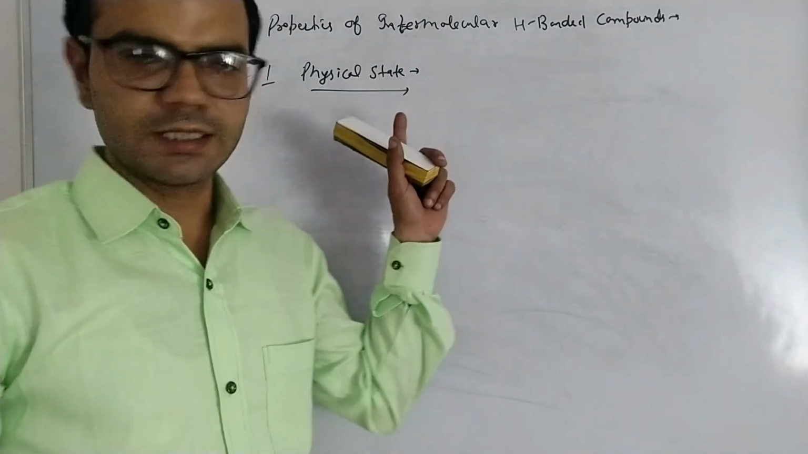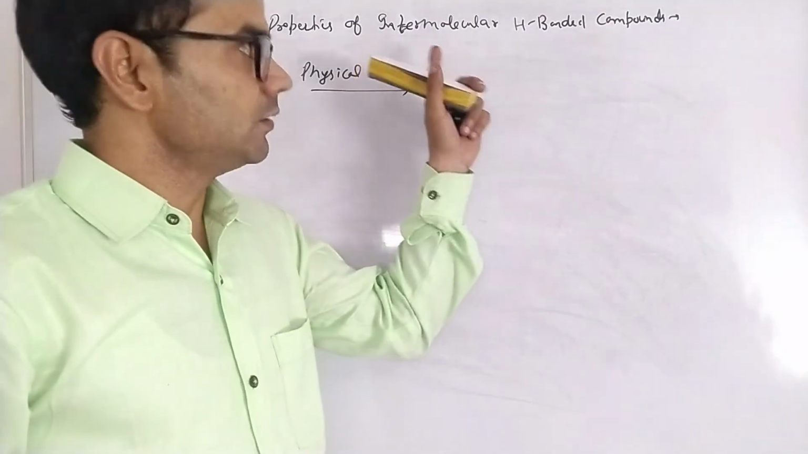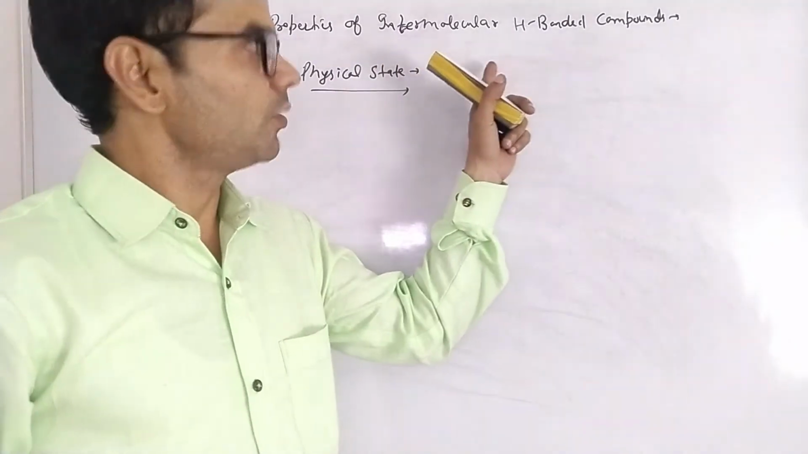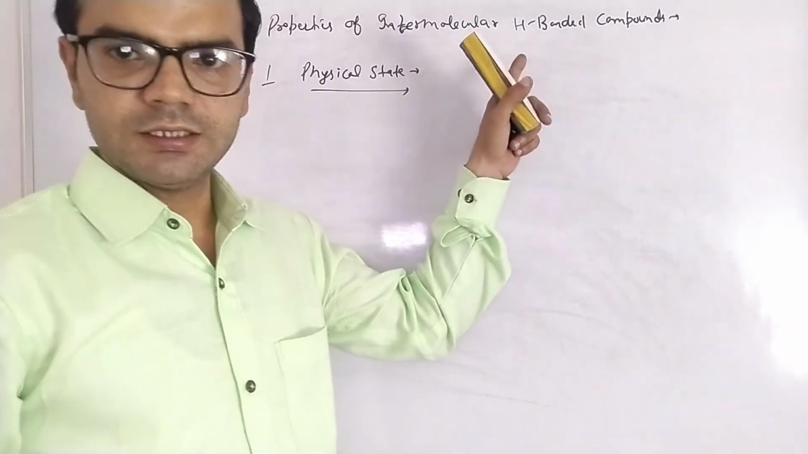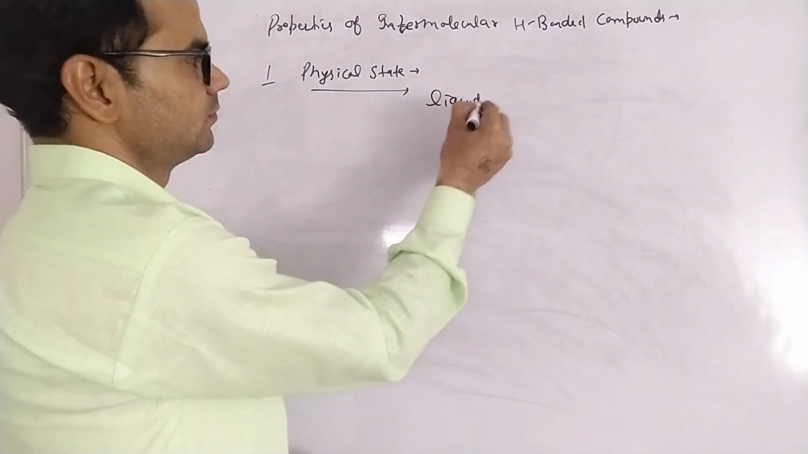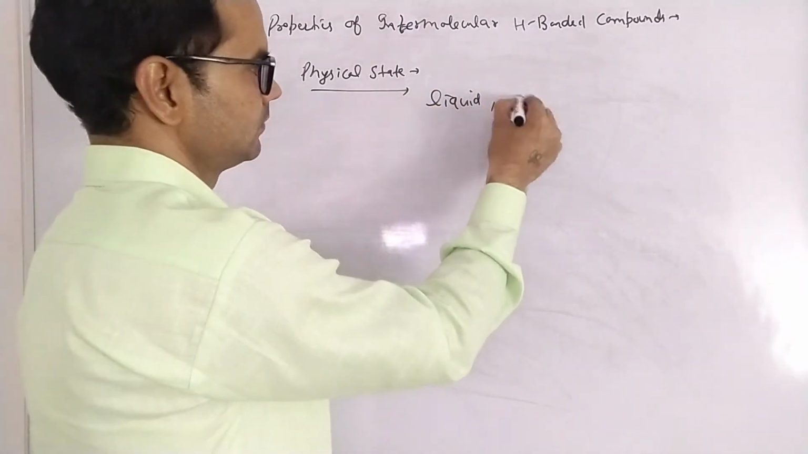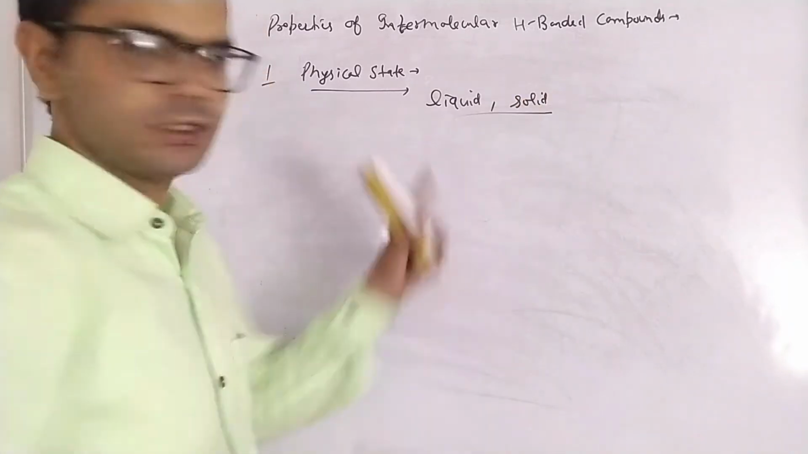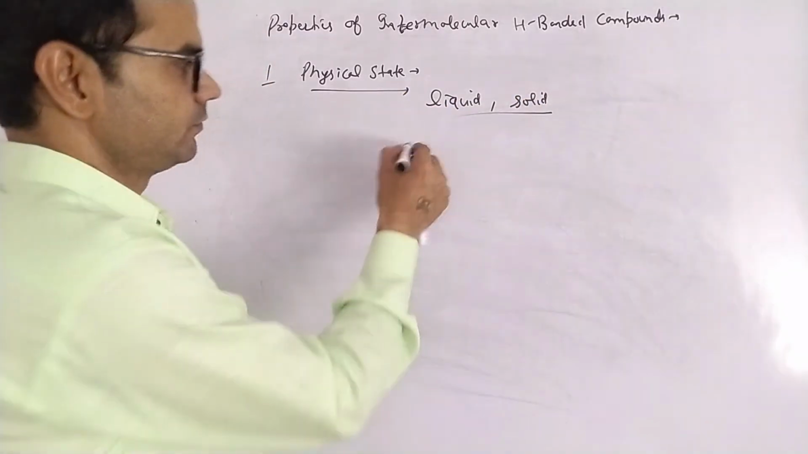First is a physical state. If intermolecular hydrogen bond compounds are there, then their physical state is either liquid or solid. For example, we have